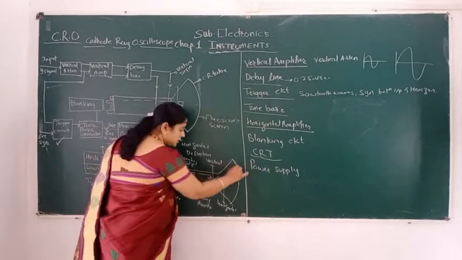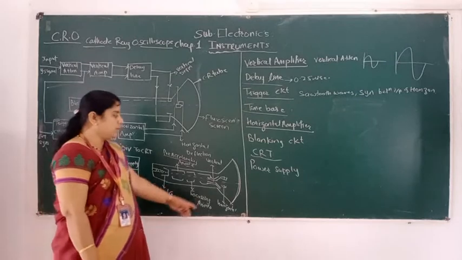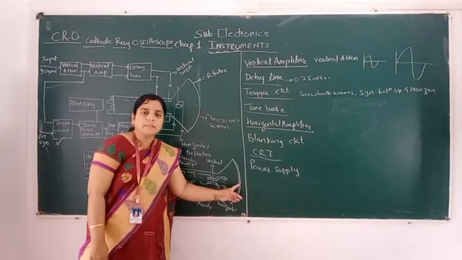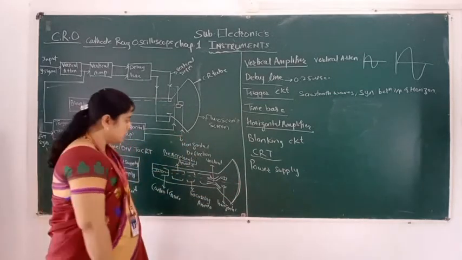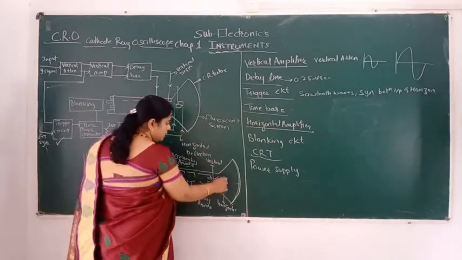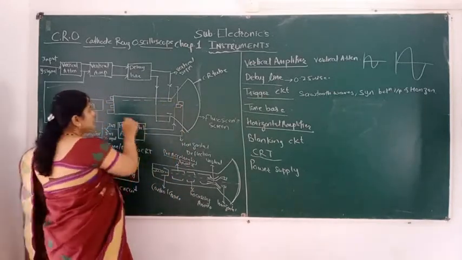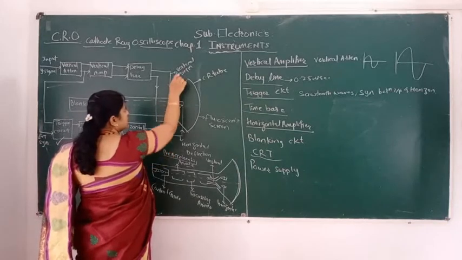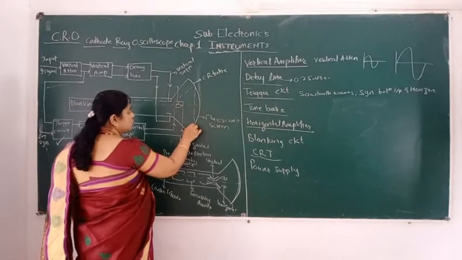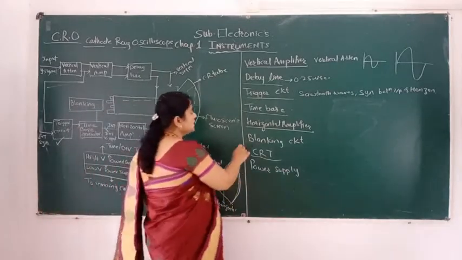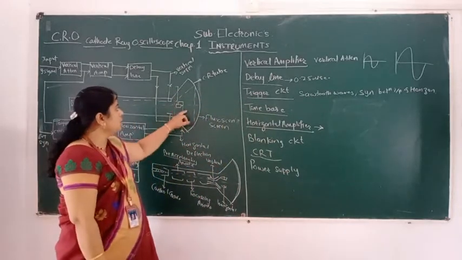It will flow in this direction and strike on this fluorescent screen. This screen is the fluorescent screen. And what is the function of this fluorescent screen? It converts the electron beam into an image. So what do the vertical and horizontal plates do? When the electron beam is there, the signal is applied here and here. This is used for the vertical signal, and the horizontal signal is used for what?